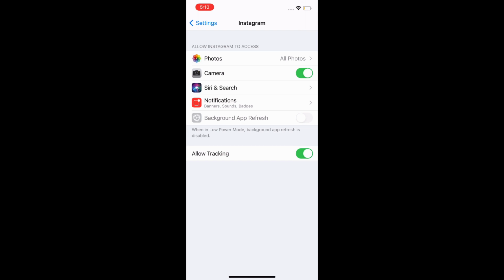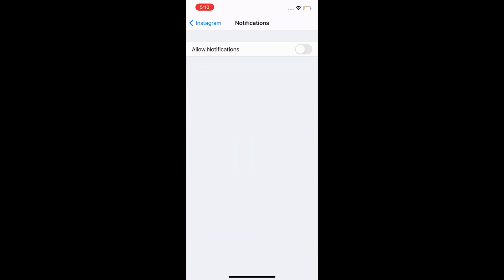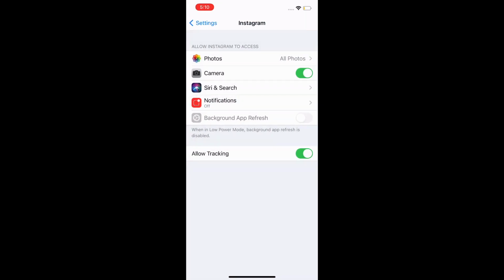And then you see the fourth option down. I'm on Instagram, for example. You see notifications. And then right at the top, it makes it super simple for you to just turn off all notifications. And then from now on, you'll not get any more notifications for Instagram, and you could go on